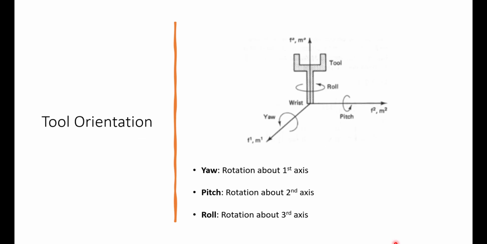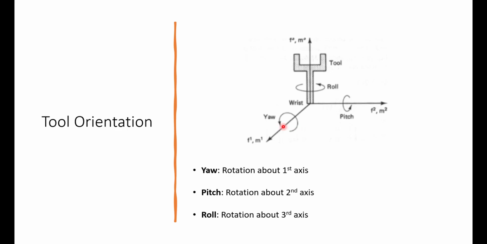The next specification is tool orientation. While the three major axes of a robot determine the shape of the work envelope, the remaining axes determine the kind of orientation that the tool or hand can assume. If three independent minor axes are available, then arbitrary orientation in three-dimensional workspace can be obtained. Here, tool orientation about three axes is shown.